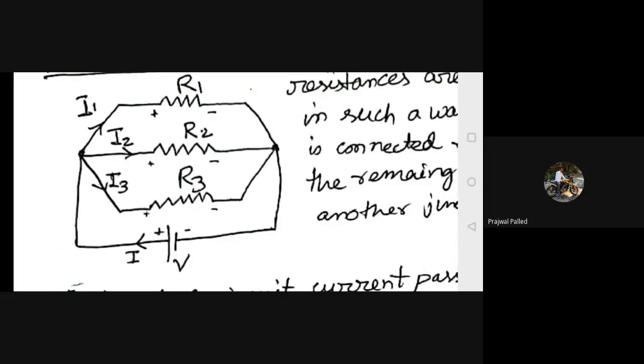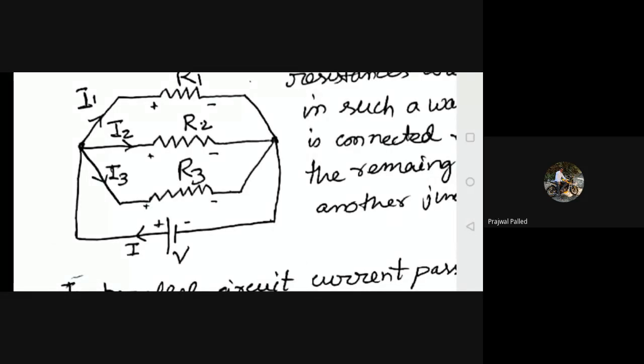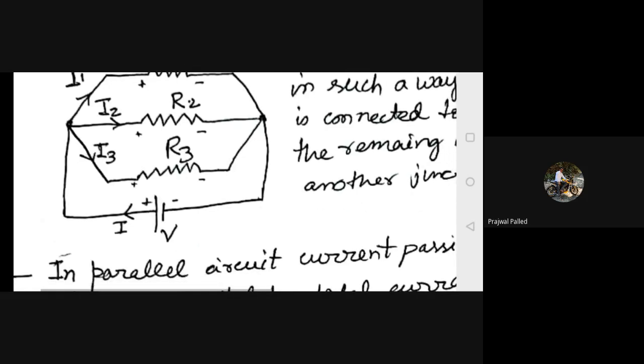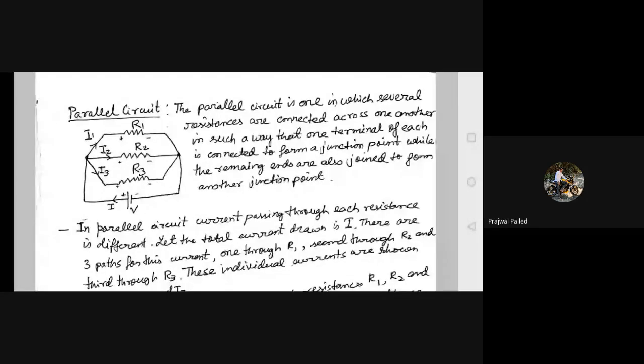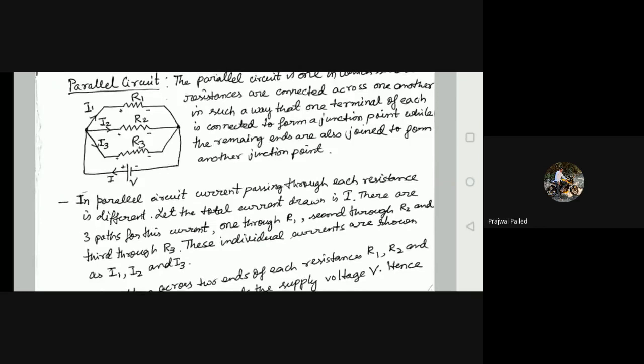So V1, V2, V3, it is not written here, obviously I'm talking about the voltage across R1, R2, R3. They are the same because it is parallel, and the voltage V is applied across only the two end points through which all the resistances are connected. So that is why in parallel circuit voltages will be same. So if the voltages will be same, I'll just go through this so that you can understand.